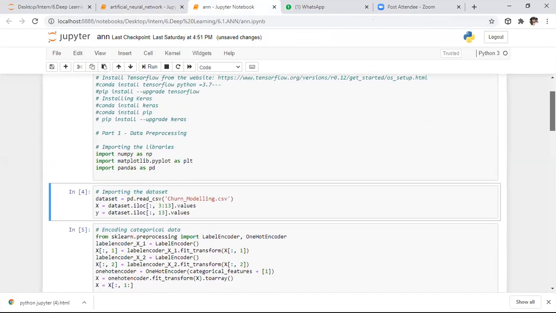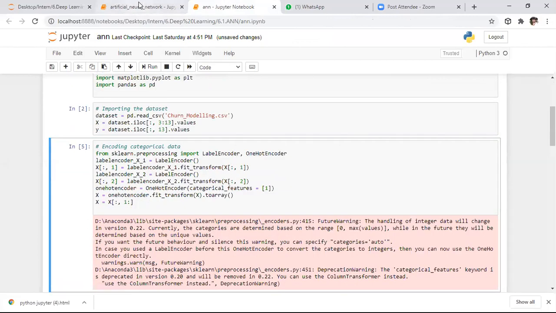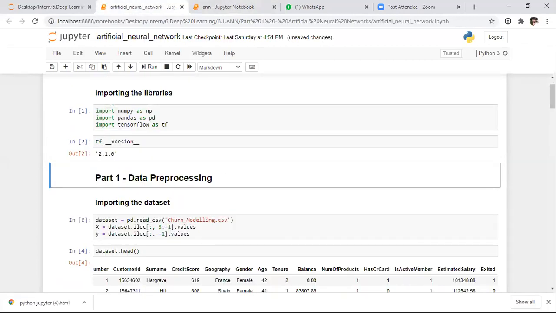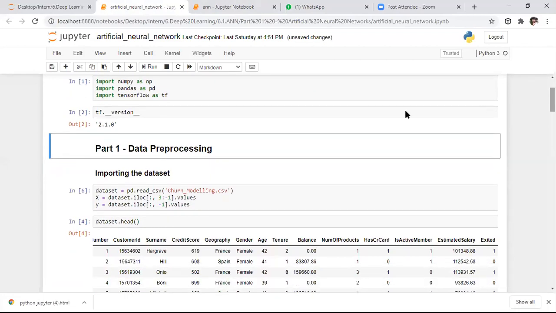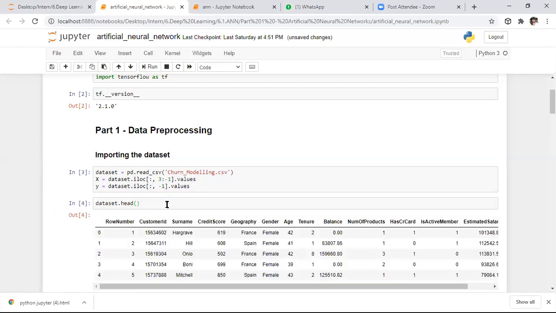After importing essential libraries, I want to read my data set. So here I'm reading my data set, and I want to do the same thing here also. I am using Churn_Modelling.csv, which is one data set which I have. So I am importing that data set. After importing the data set, I want to see the behavior of that data set. For that purpose, I am viewing the top 5 rows of that data set.